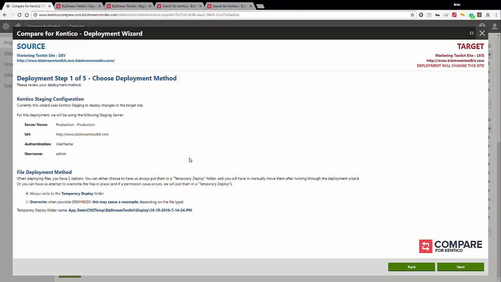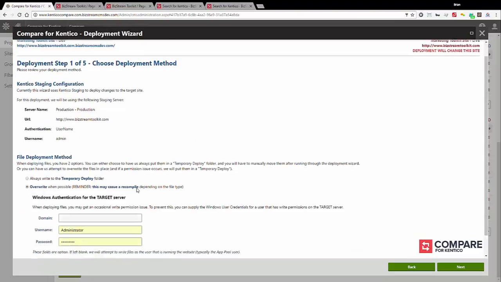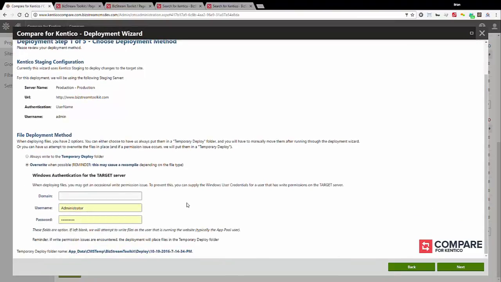So if we don't have the rights to do it, we're going to push it to a temporary directory on your website, and then it's up to you as the developer to go update and move those files into the right place. But something new that hasn't been in our product before is the fact that we've added the ability